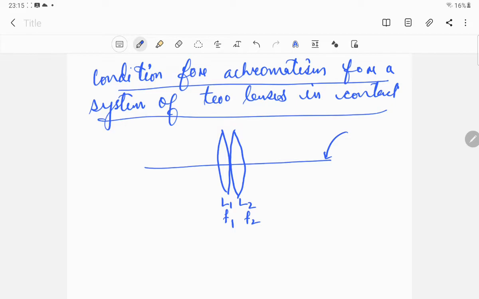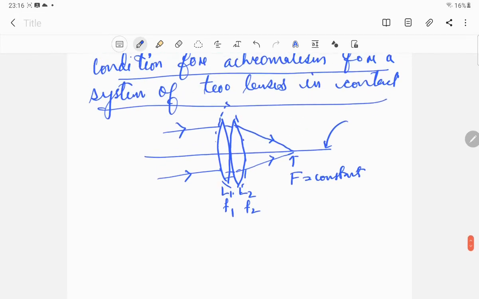So overall you need to form an achromatic doublet, in such a way that when a white light is entering into it and comes out through it, although it is a white light, after passing through it will definitely split into different colors. So irrespective of the wavelength, irrespective of the color, all of them should meet at the same point. That means focal length should always be constant, it should be independent of the wavelength. That is called the achromatism condition.